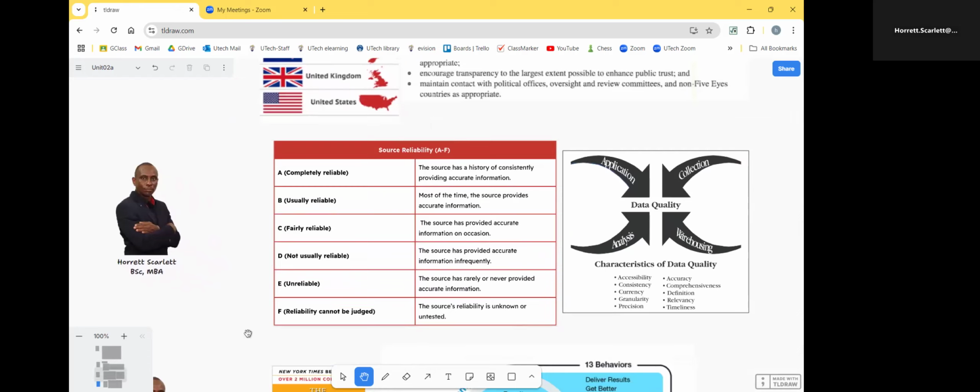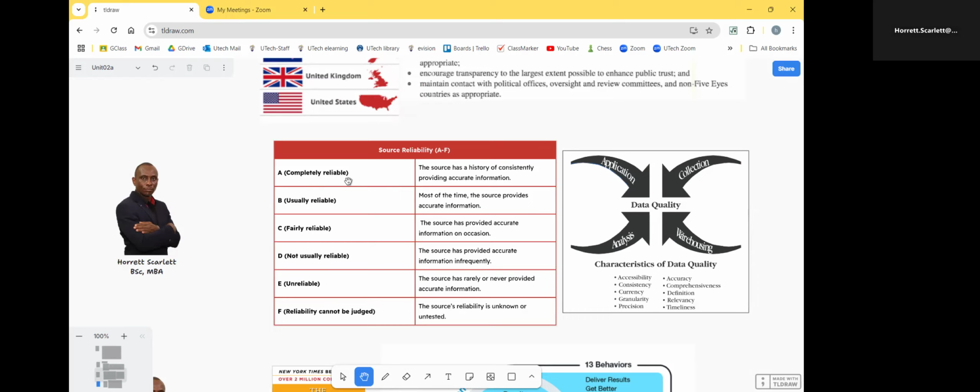So when we talk about sources of information, sources of data, it would be nice for us to have a way of categorizing whether or not the data can be trusted. And remember, for the data to be trusted, it therefore means that the source has to be trusted. So there is a metric that has been going around, creating a standard, and this allows us to classify the source. So is it completely reliable?